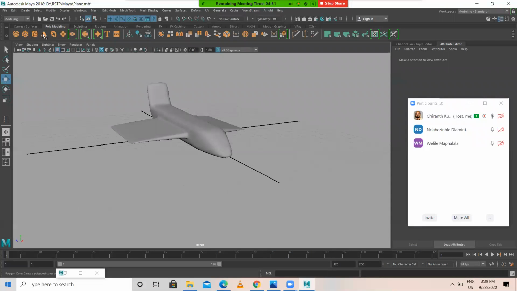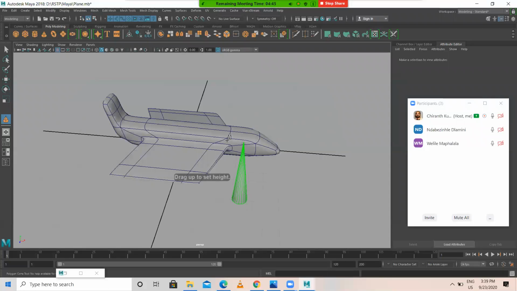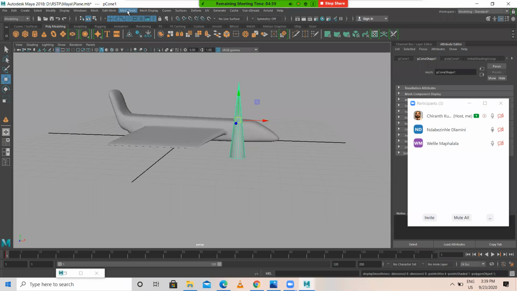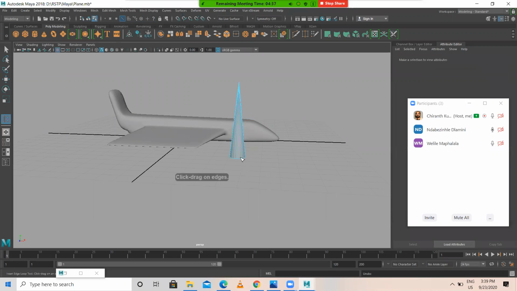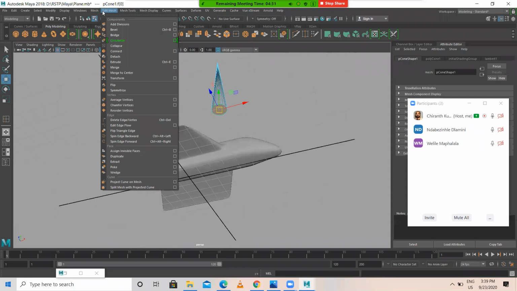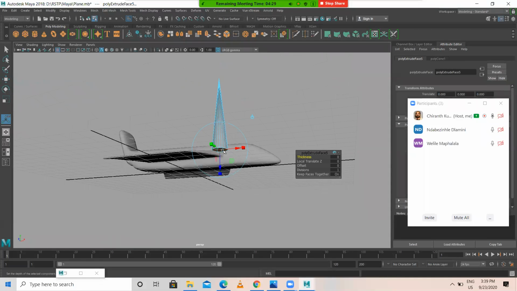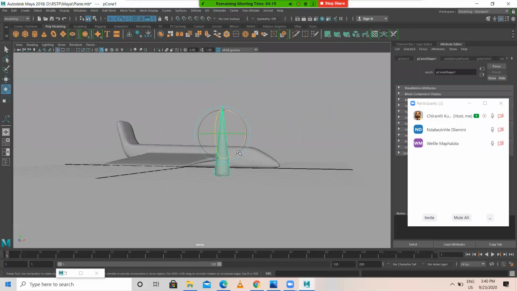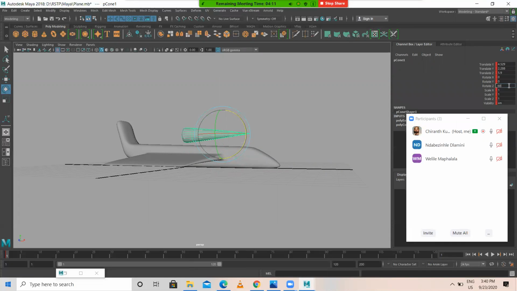So it's like create a cone. In the cone, what you have to do, select the bottom face, mesh extrude, place it over here. It's like this.